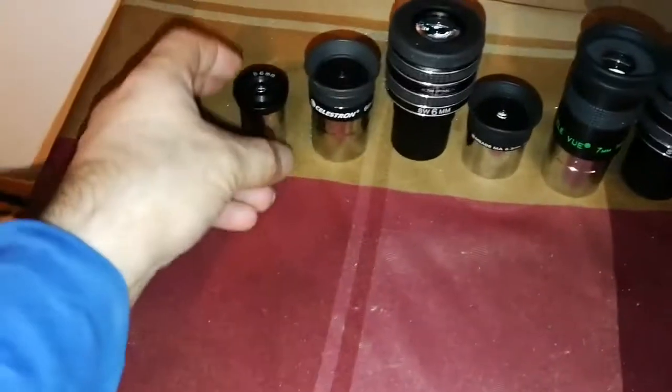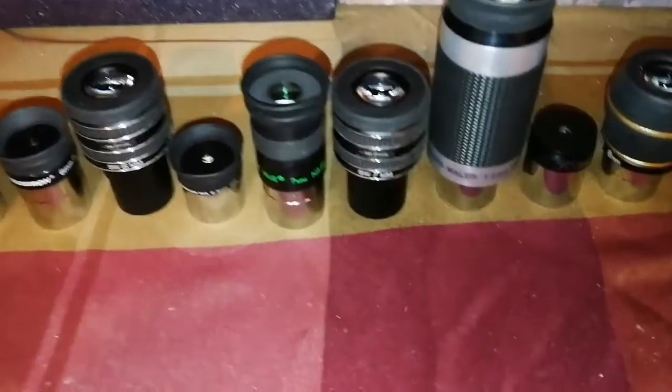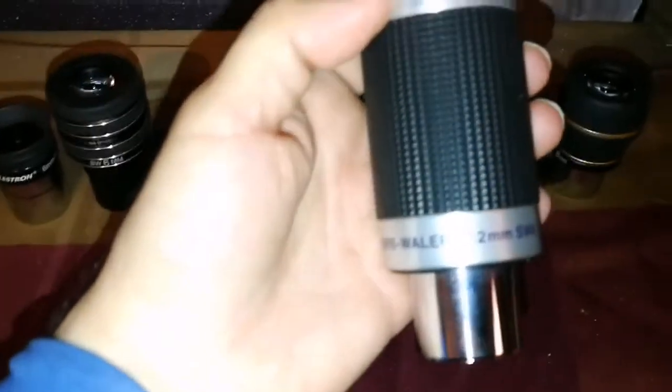I have another one of these, 17.5 millimeter. One of the brightest images I've ever seen I got with that one. But these are eyepieces if you don't have any 7 millimeter one. 7 millimeter is something in between this range. I can introduce you to something like the 7.2 millimeter